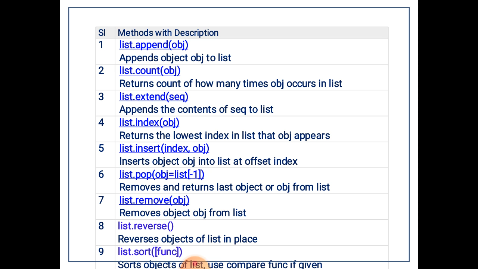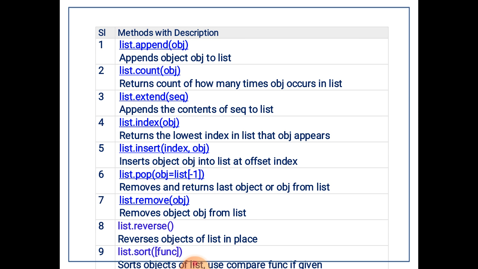Next one, list.pop, that is obj = list.pop(), removes and returns the last object from the list, because -1 is the last item or element in that list, whereas 0 is the first item in the list.